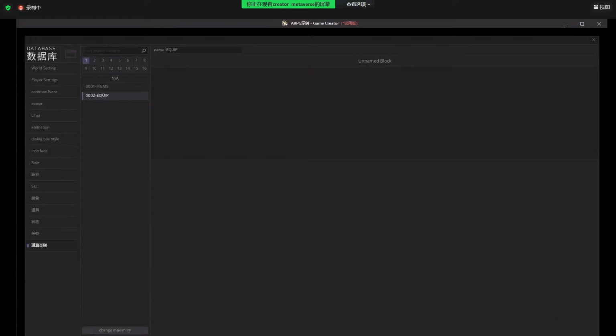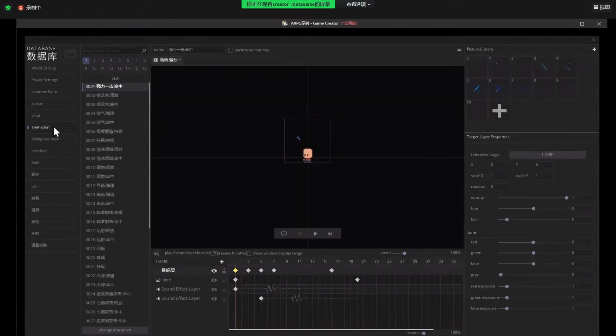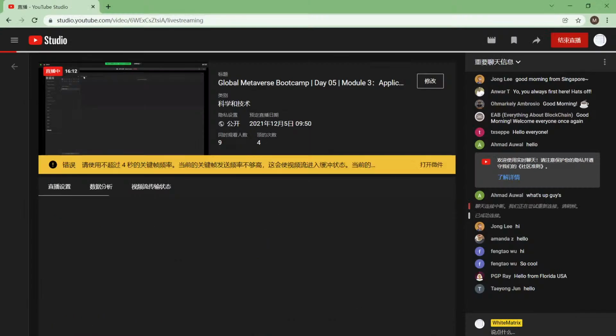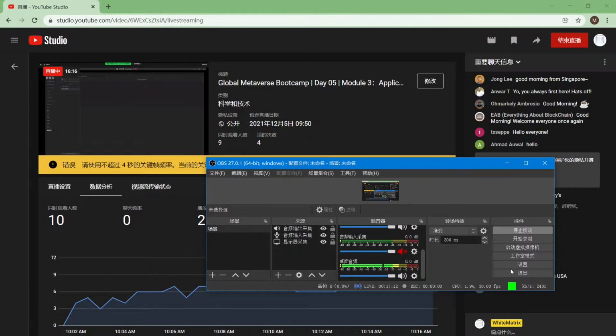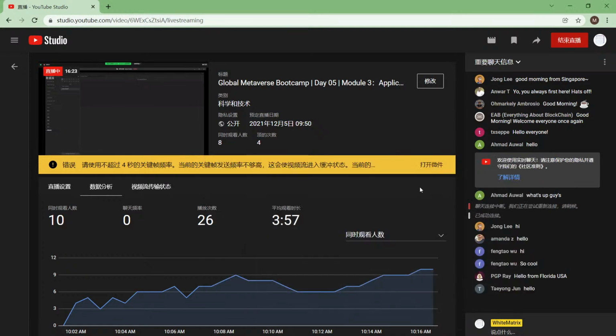Then I'm going to show you the animation system, which is pretty straightforward. If you have some experience with Flash before, I think you will get quite familiar. So here is the keyframe. And here are the different layers.